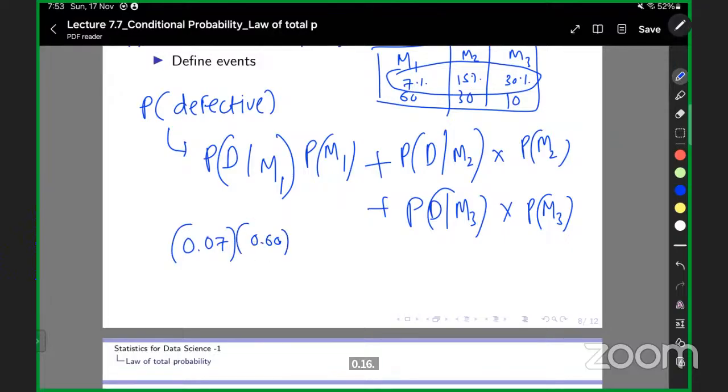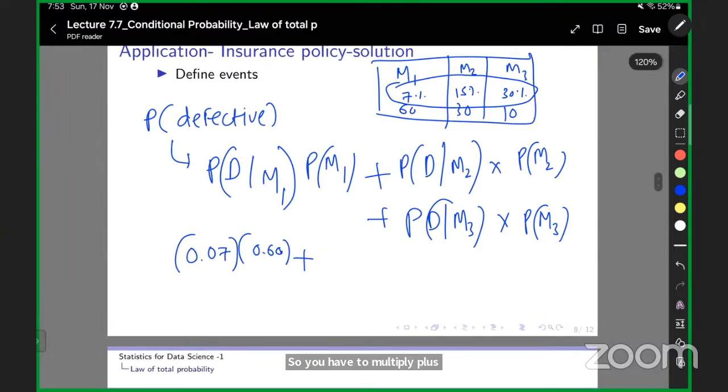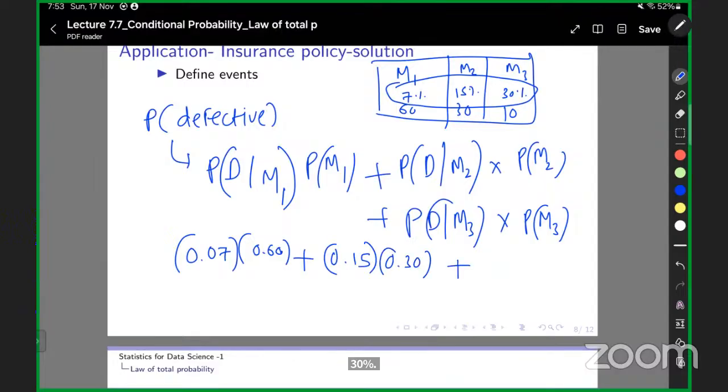So you have to multiply, plus how many defective are produced by the M2 machine? 0.15. And how many pens is it contributing? 30%, 0.30, plus